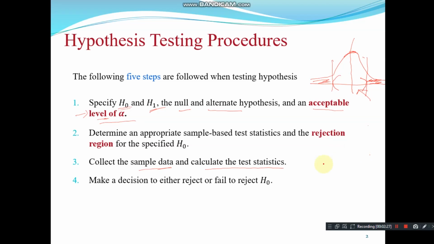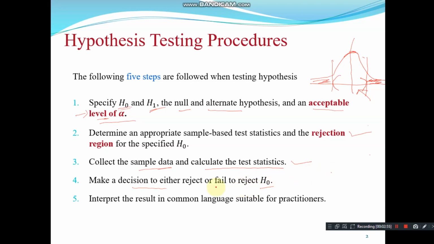What is the fourth step? Now according to this acceptable and rejection region, and the value you are getting, this obtained value lies in which region, either the acceptable or rejection region, accordingly you do the conclusion. So we should make the decision regarding whether H0 will be rejected or we fail to reject. So this is the fourth step. Once we come to the decision, we conclude the result linking to the main problem.